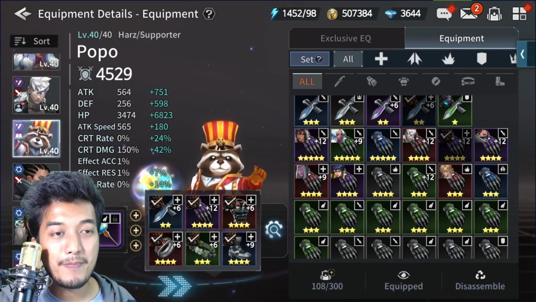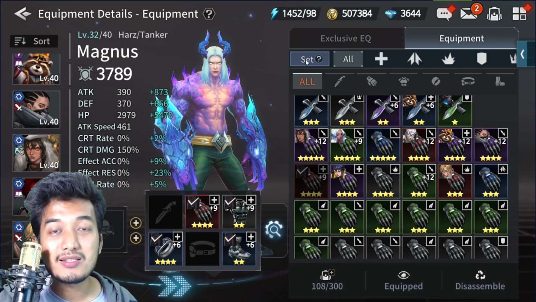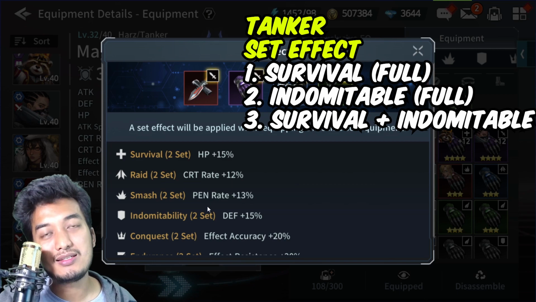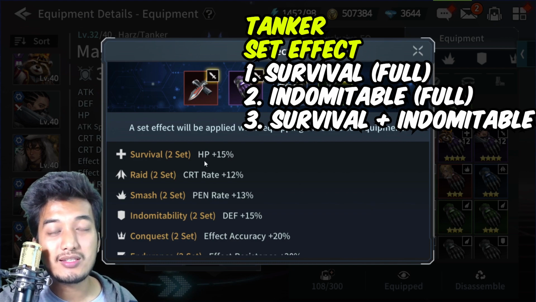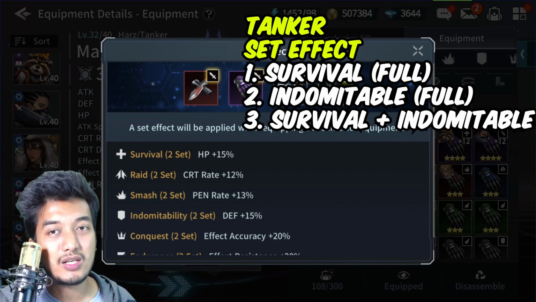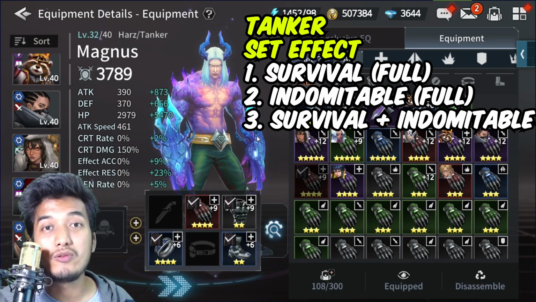And now let's talk about finally the tanker type unit. So what sort of equipment sets would be really good for them? Well, it's going to be the survival set or the indomitability set. So easy, isn't it? Because the more HP or defense they have, the more survival rate they are going to have. More hit points means they can soak a lot of damage, and more defense stats means they are going to take less and less damage from the opponent. That means they are going to have higher survival rate. So indomitability or survival, just equip those equipment sets on them, and